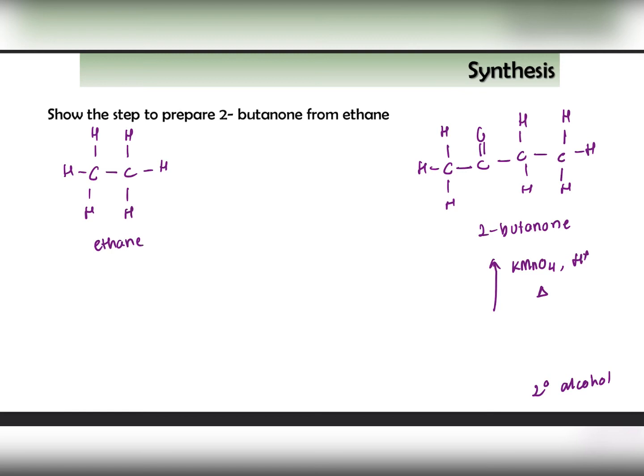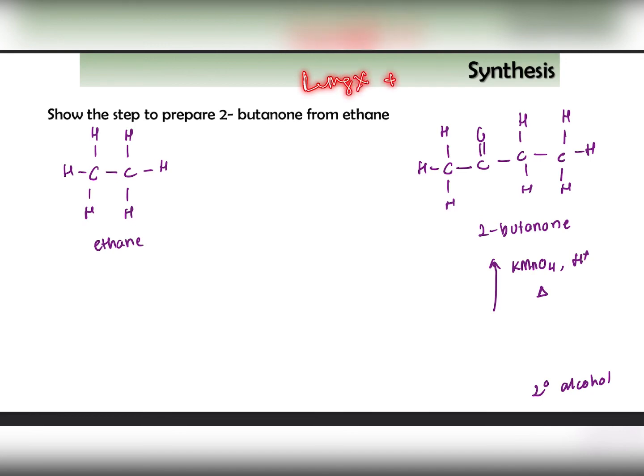So for this example, show the steps to prepare 2-butanone from ethane. You can see here there are 2 carbons, and here there are 1, 2, 3, 4 carbons. So it must involve an increase in carbon number. You increase the number of carbons, so we will probably use a Grignard reagent. For a Grignard reagent, it means there must be a haloalkane, then the Grignard reagent RMgX,